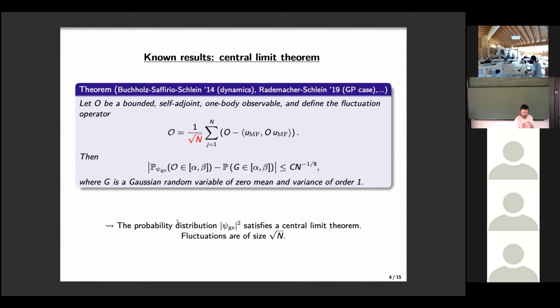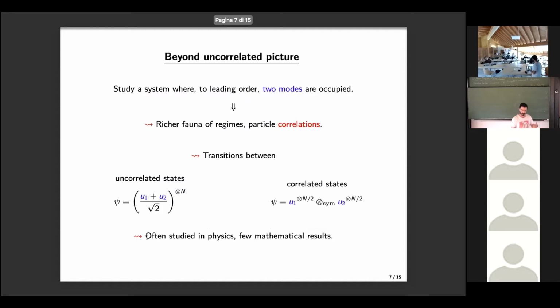Okay, so the catch here is that the ground state for a bosonic mean field satisfies a central limit theorem with fluctuations of order square root of n at the size square root of n. Okay. Now I would like to transition to the system we really studied, in which, as anticipated, two modes are